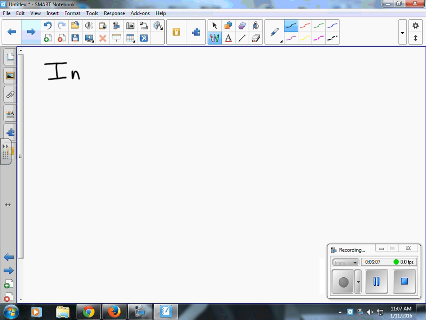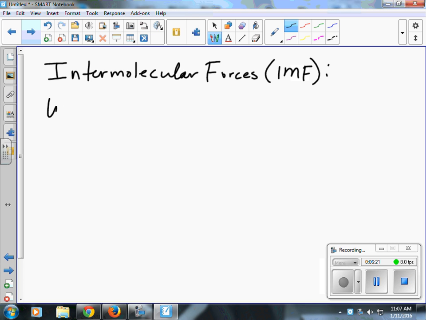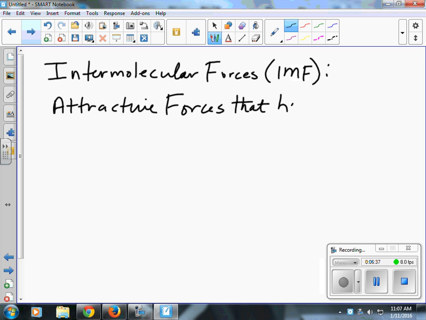I'm going to put a few notes up here. Intermolecular forces are weak. Well, I don't want to say weak. They are attractive forces that hold together